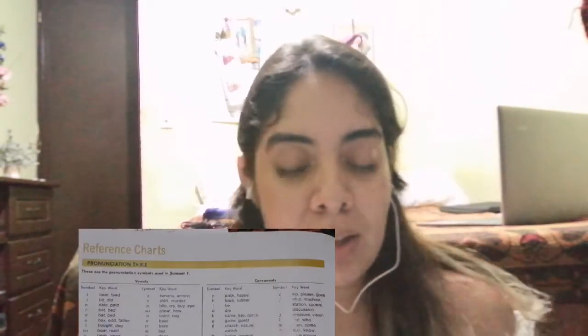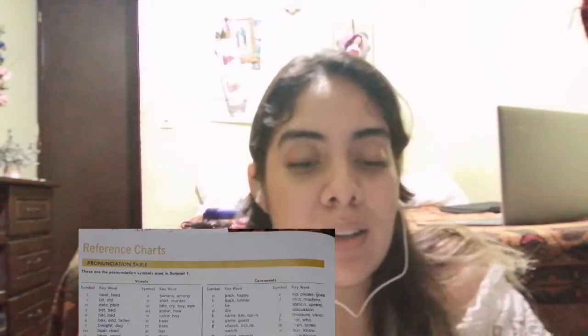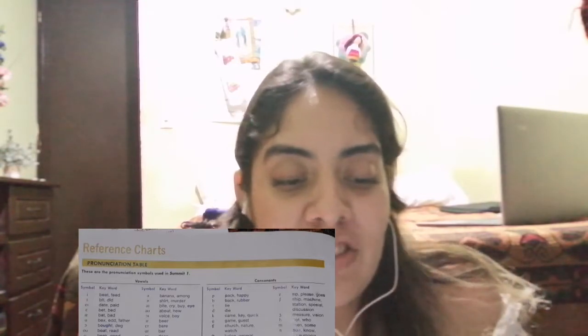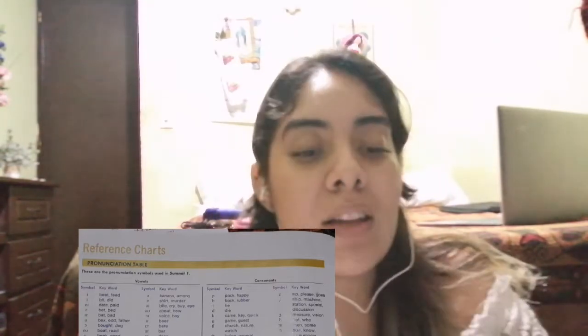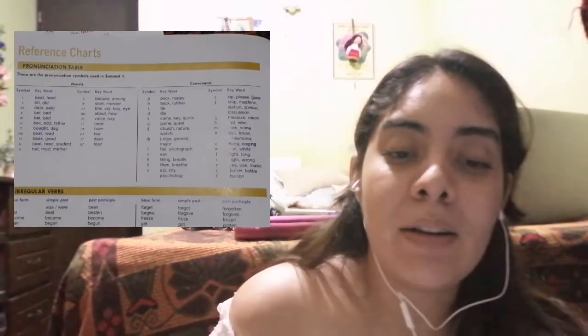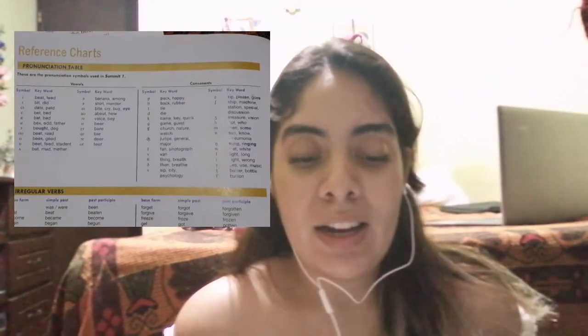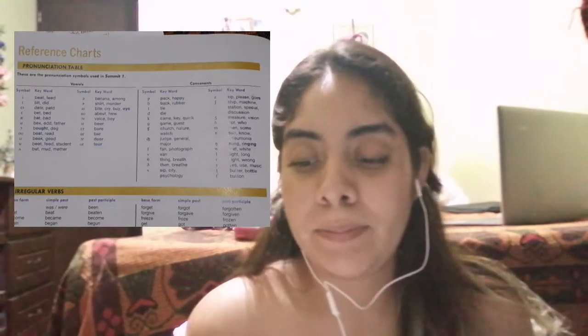because this is the most similar that I found to the IPA system. All the vowels are the same, the symbols are the same, and they don't make any change to the symbols. They don't include new ones and they don't exclude symbols. So basically, this is the same system. All the consonants are also the same. They write them in the same way, and the only difference that I found is with that sound,